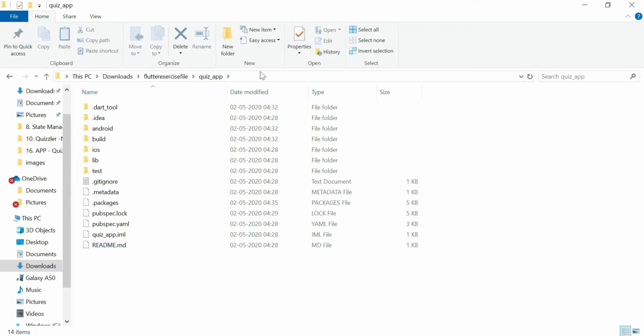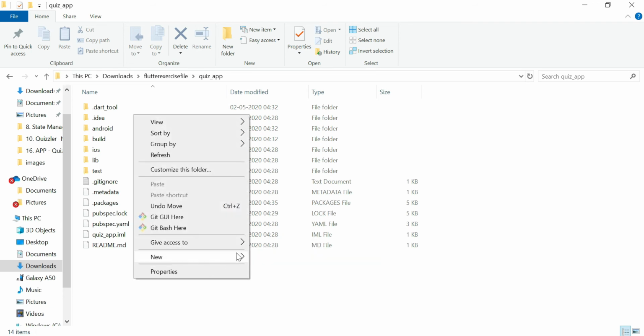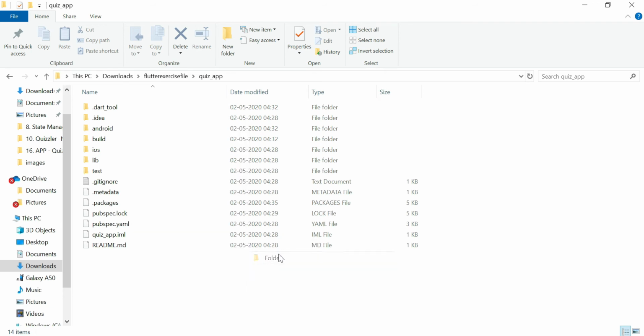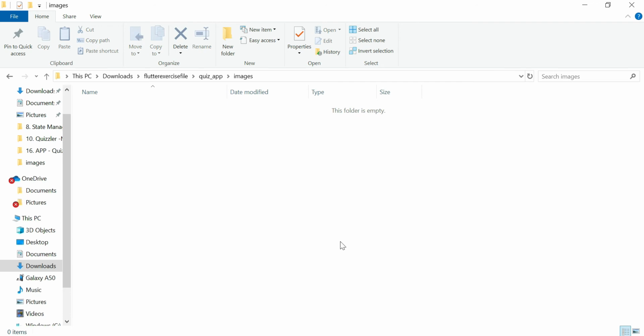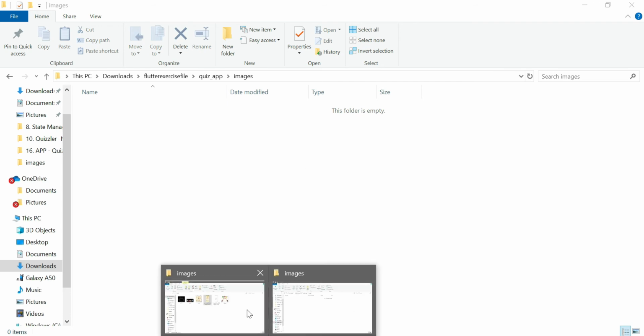Now to add image, you need to create a folder in the location of your app, and name this folder as images, and I'm going to paste the image inside this images folder.